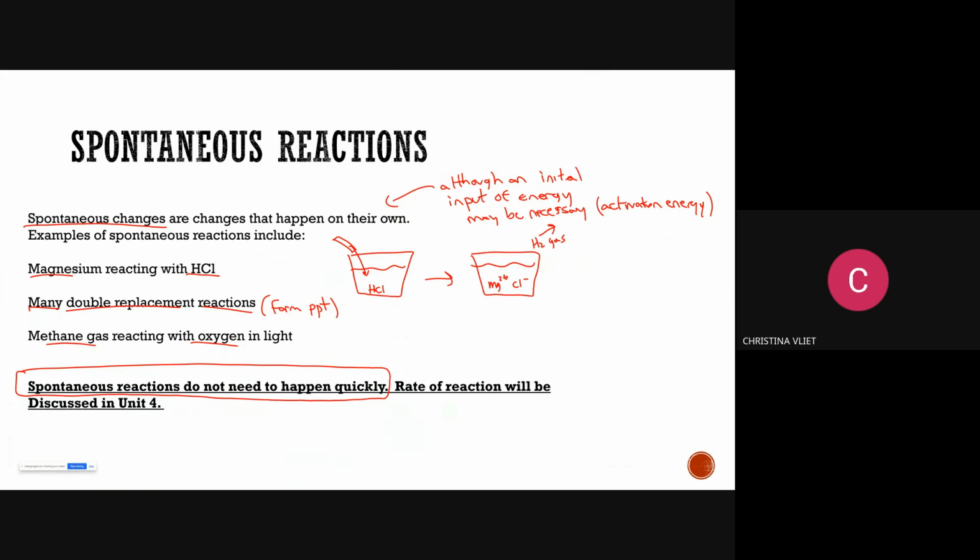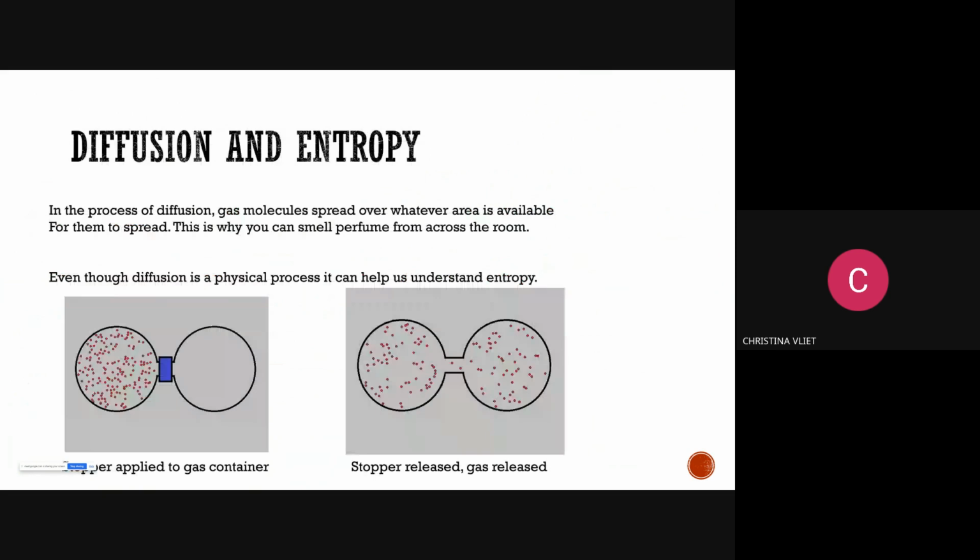Does that make sense? So another way I think of spontaneous is, does it even happen? Does it happen or not? If it happens, it's spontaneous. Most reactions we study are spontaneous because otherwise our life would be very boring. The study of chemistry would be extremely boring if nothing actually happens. So everything that we study for the most part is usually spontaneous, because why bother otherwise if it doesn't happen.